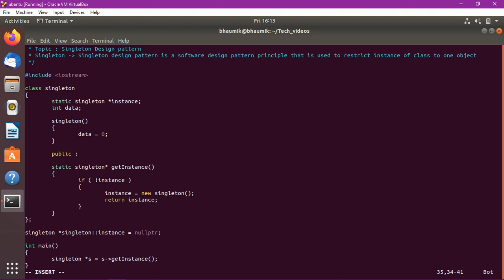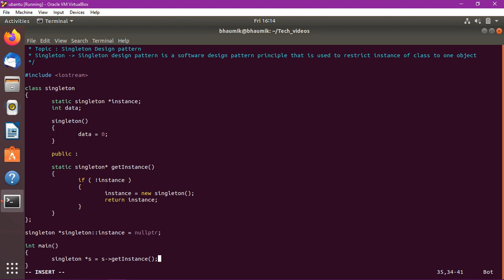So what will happen here is, see, we are defining a class singleton, right? In that we have a static pointer of that class, also an integer data. Now our constructor is private, right? So we cannot make the object for this class, that is for sure.